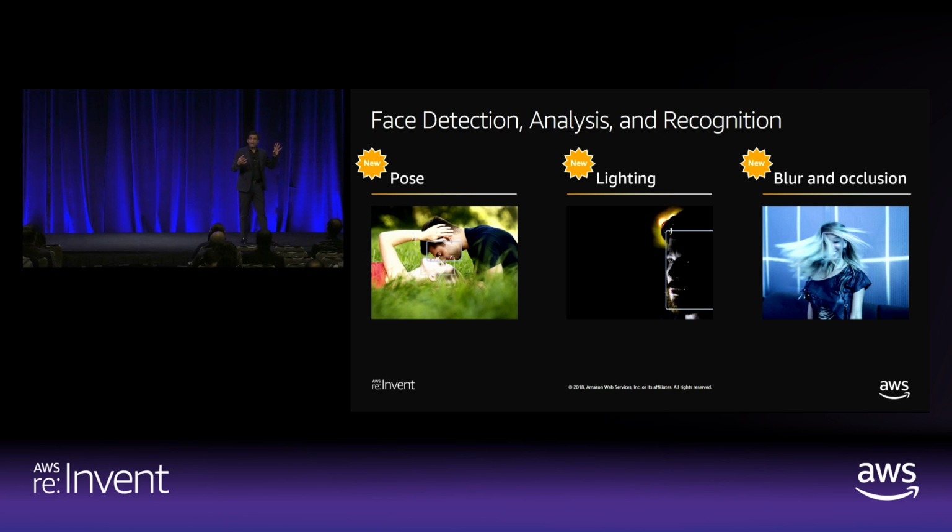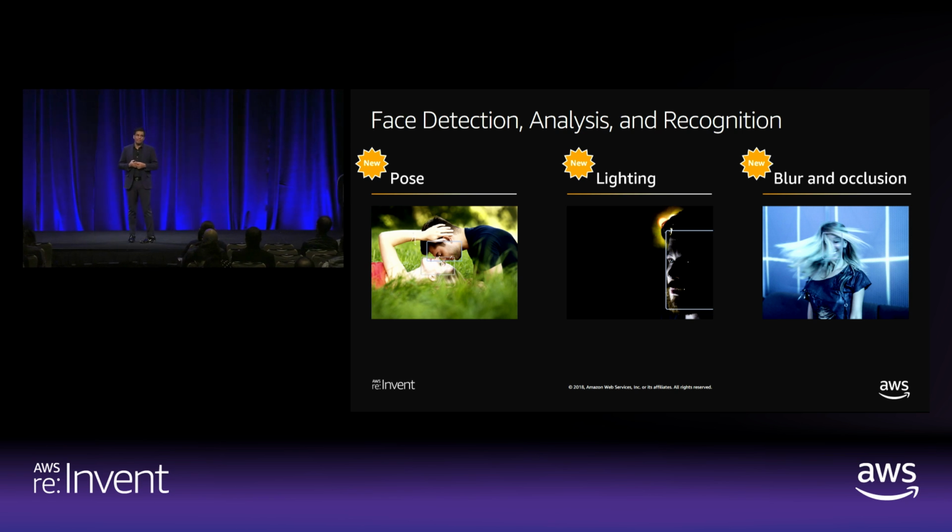Right now, you guys can see my face because this auditorium is specifically built with all the light pointing at me. I actually don't see your face that well, because to me, your face is against the backdrop of a very bright light. So illumination is a really difficult challenge at times for face detection and recognition. Of course, the final is blur and occlusion. Now, this could happen because somebody gets too close to a camera and it's blurry, or their hair is coming in front. If I put my hand in front of my face, it'll cause a different sort of occlusion. Finding faces in them and then recognizing them is a hard problem.